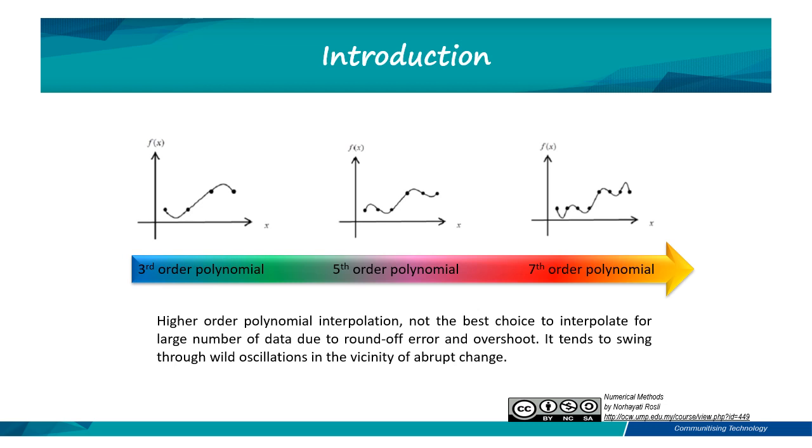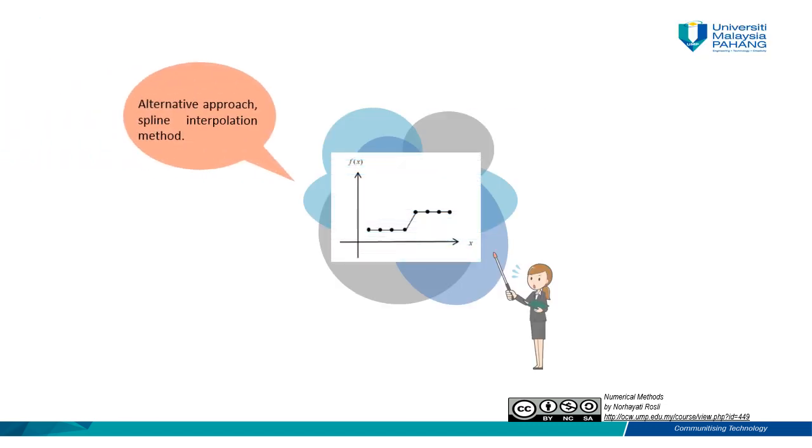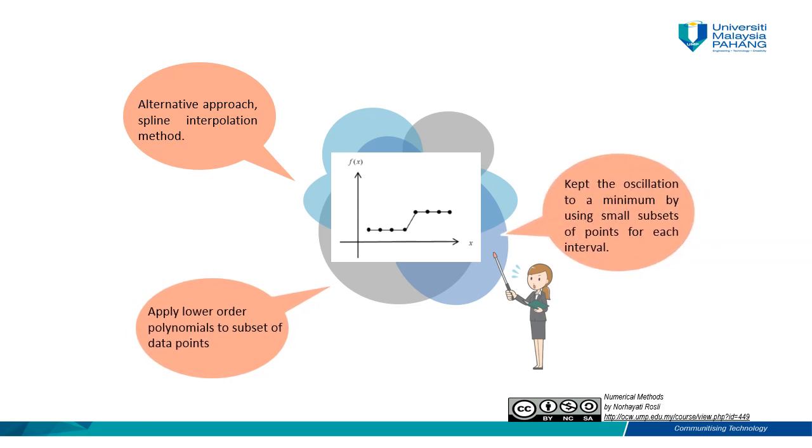The first graph, we have third order polynomial and the graph is so nice. But when you go to the fifth order polynomial, seventh order polynomial and so on, the graphs start to oscillate. So how to avoid the problem? We will use an alternative approach called spline interpolation method, where this method will apply lower order polynomial to subsets of data points. And this method also can cap the oscillation to a minimum by using a small subset of points